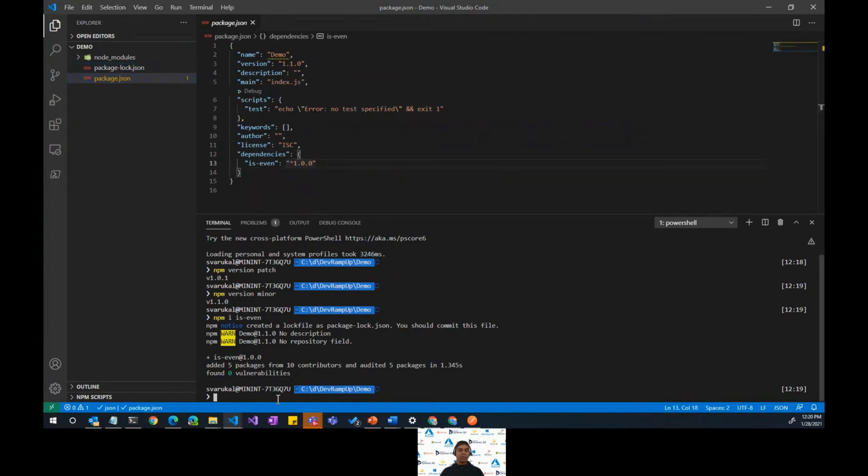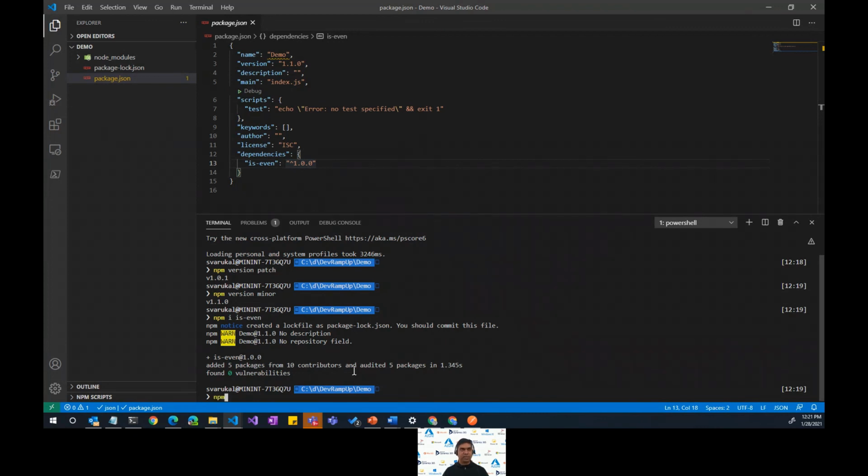Now going back to the dev dependencies. In a development environment, you might be dependent on certain packages like JSLint or TSLint, or could be Mocha, Chai, or in a SharePoint world, you will be using SharePoint Workbench. All these are dependencies that you don't need to carry into production environments. That's just going to bloat your project. So those dependencies are needed only in the development environment.